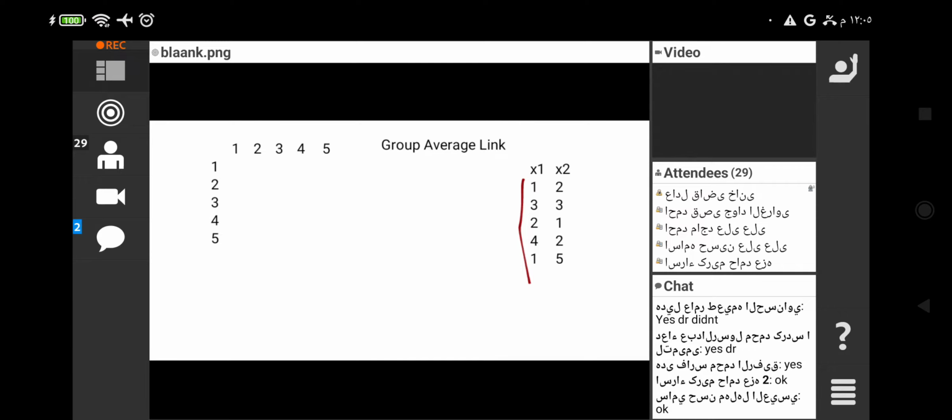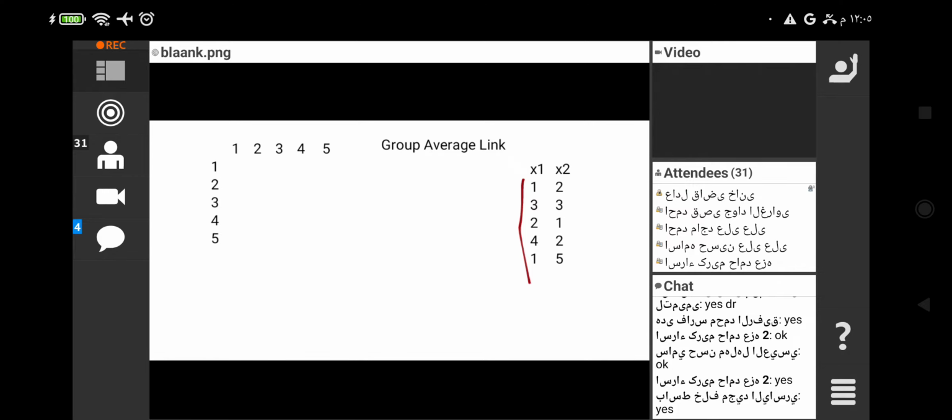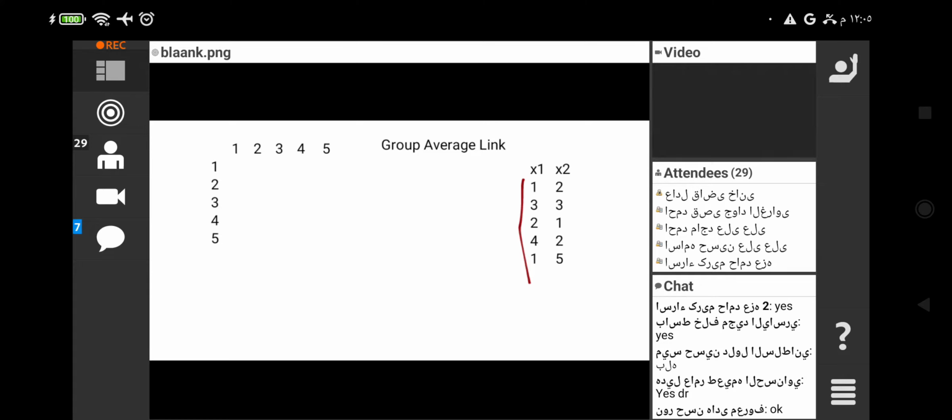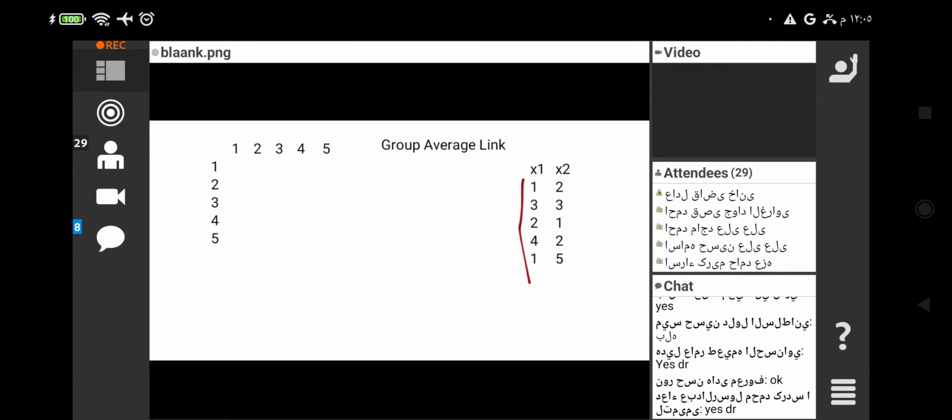Okay, in the first step, we said that each of the clusters has only one data, so we have 5 clusters here. When the cluster has one data, the average of that cluster would be that data. Do you understand this? When the cluster has one data, the average of that cluster would be that data, because we only have one data. Okay, so when we want to find the distance between the clusters,